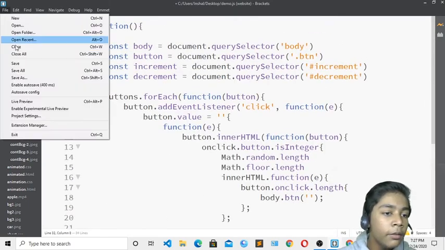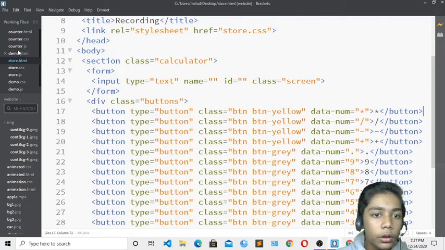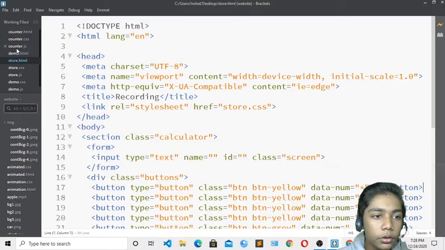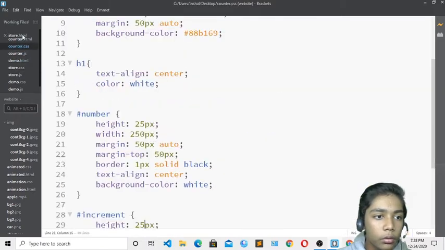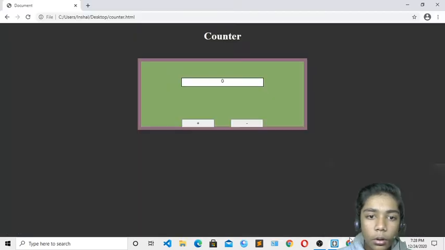Now here you have to save, and now I will show you over here. Take it to the top of your HTML sheet. Now we have just done that, so let me show you over here.